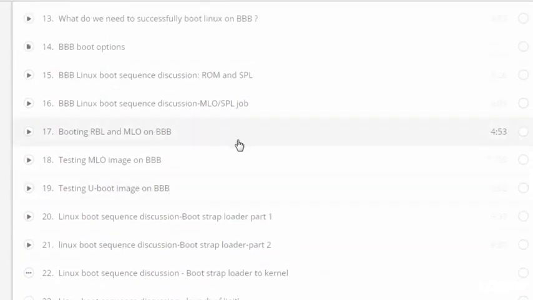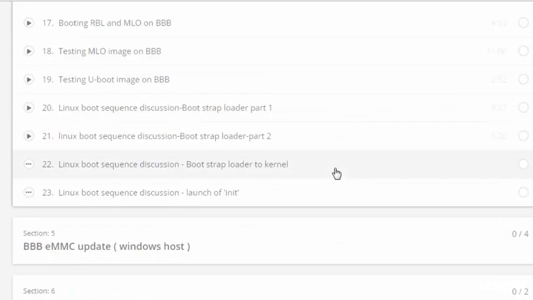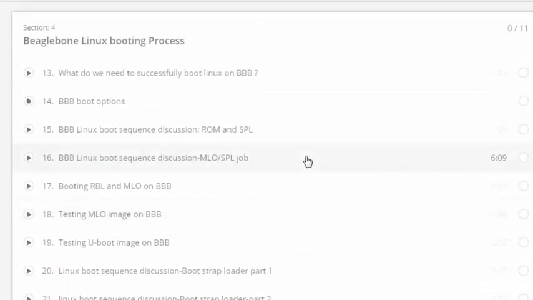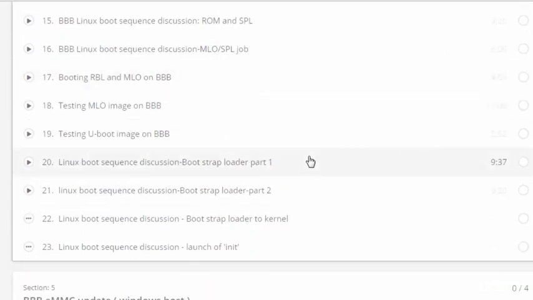We will test RBL, MLO, U-boot, and then we'll test the Linux kernel step by step. In between I will also explain the Linux source code as well as U-boot source code